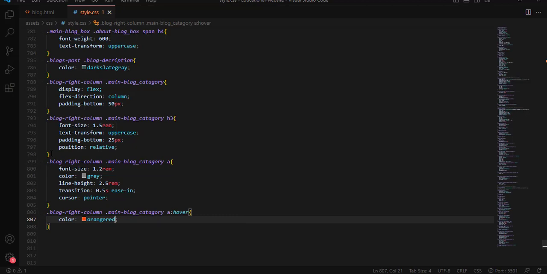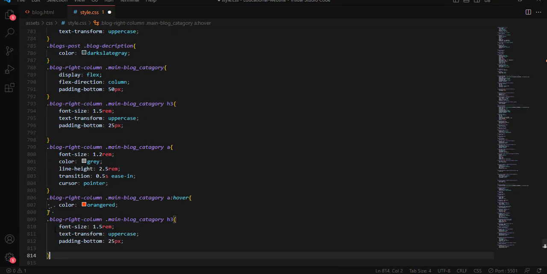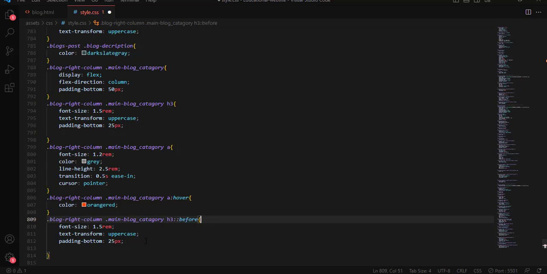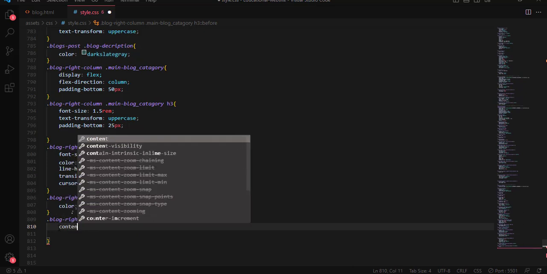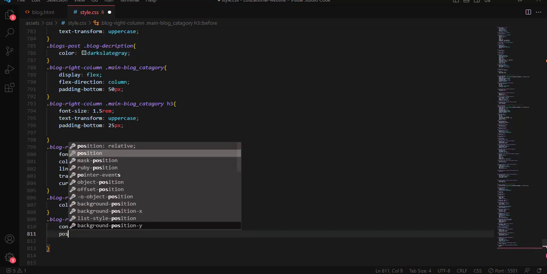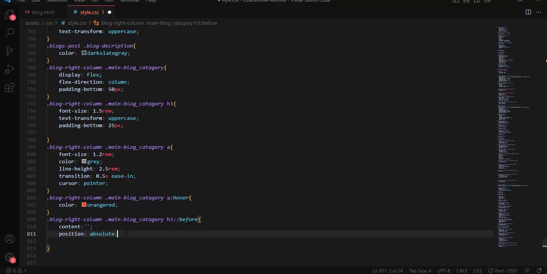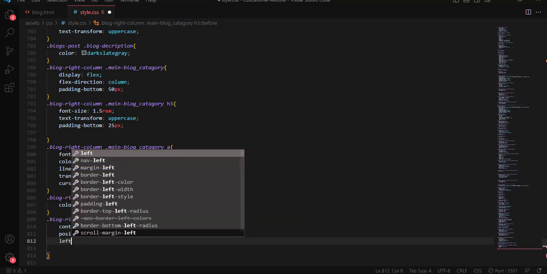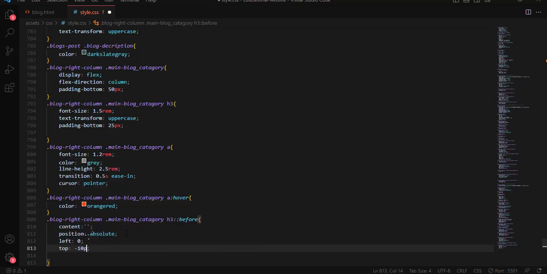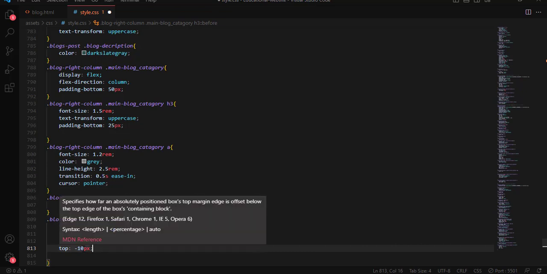Now we are going to add a horizontal line. First remove this position relative and then copy this and paste right here. And then using this before, let me add a horizontal line. So for this content, empty, position absolute, left 0, top 0,